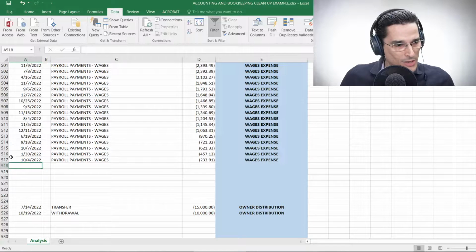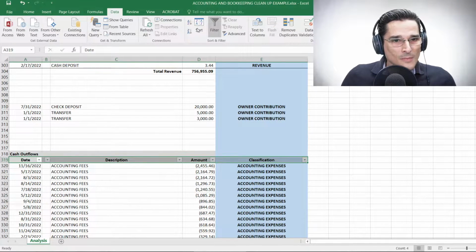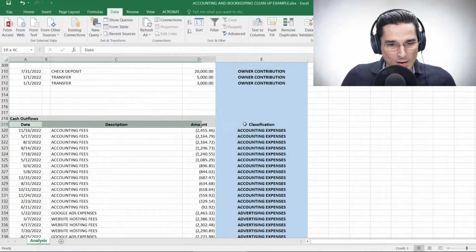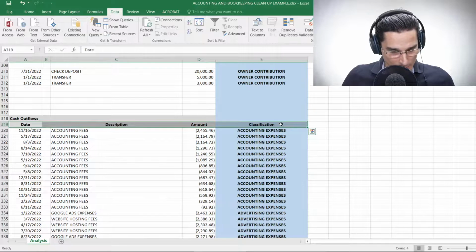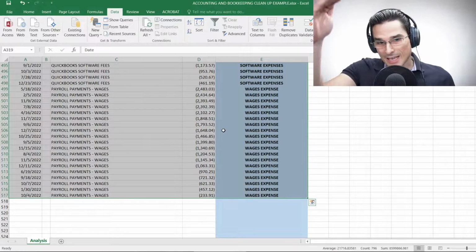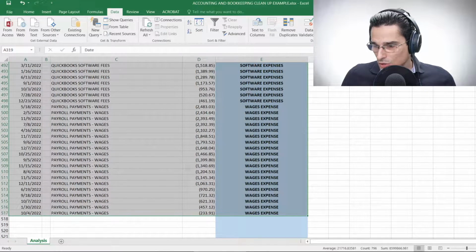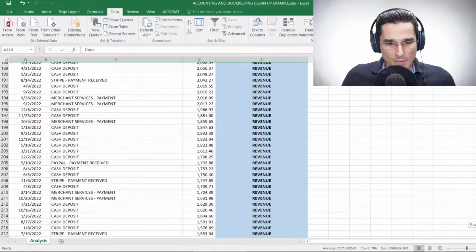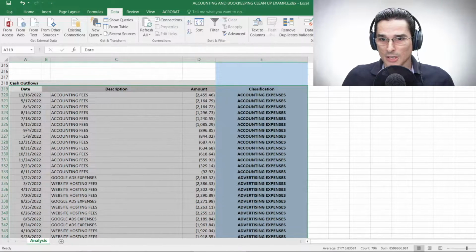All right, so the way you do that is that, first of all, we're going to get rid of the filter here for now. All right, and what we want is subtotal. So I'm going to highlight all of these headings, and then I'm going to hit Control, Shift, and the down arrow. And that should take into account all of the line items there. Now, let's just scroll this back up. All right. And we're going to go to the Subtotal function here, which is right over to the right on the